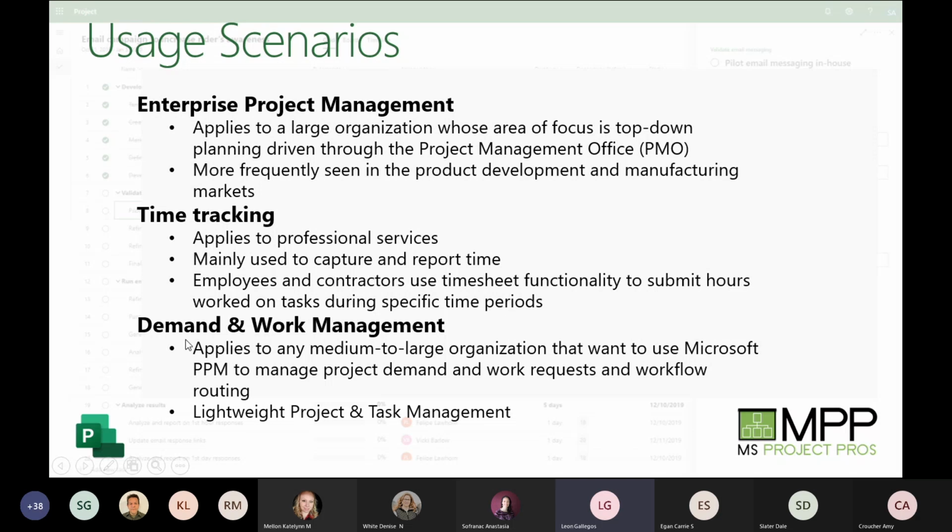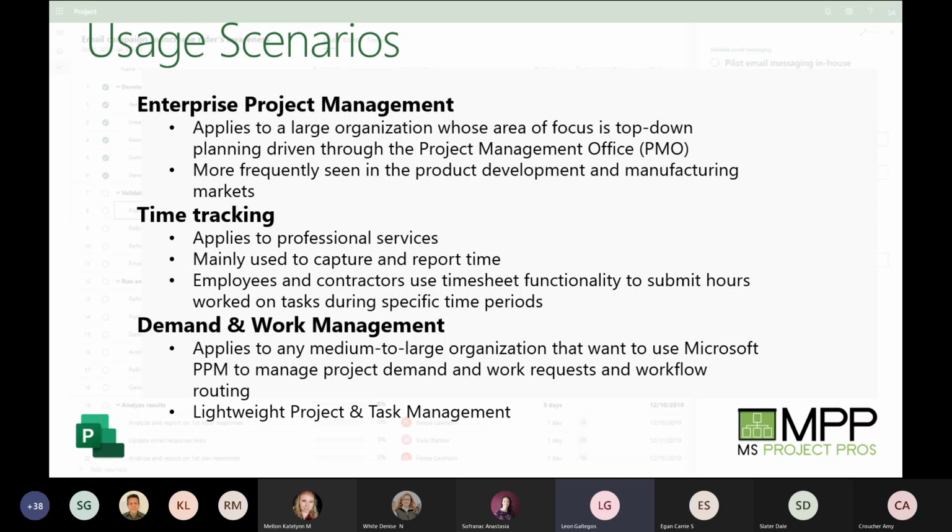And then lastly, it can be used very well with managing how the work is flowing through the organization from a demand and work management perspective. So it allows you to request a project, for example, and then have it routed based on certain criteria. For example, if it's less than 100 hours, then it may get routed to a project for the web project, and it's being managed by a lightweight project manager. Not to say that they're lightweight in terms of their capabilities, but the fact that it's less than 100 hours means that project for the web is a suitable tool for them.